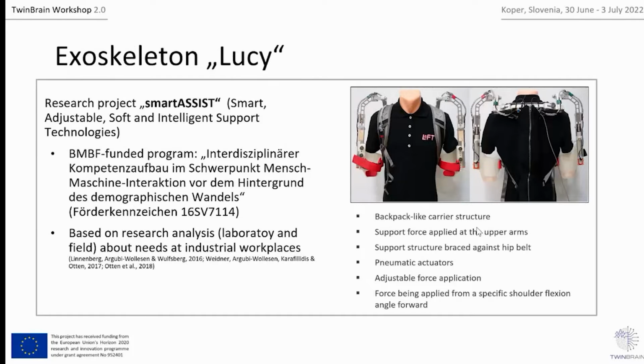The exoskeleton that we wanted to do research on was a self-developed one. It was one of the first active exoskeletons, using pneumatics to create force. As you can see in that picture, it was a backpack-like carrier structure. Force was supplied through the interfaces below the upper arms, and the support structure braced itself against the hip belt, comparable to a traffic backpack,